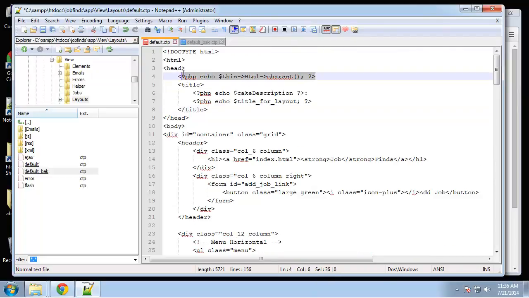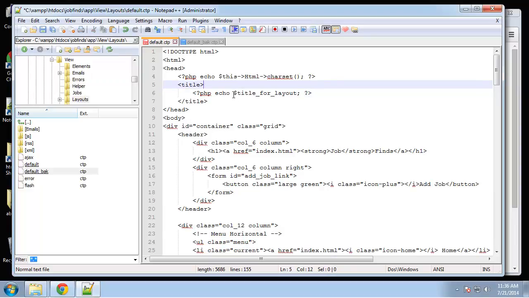And basically this is just giving us our character set, a special way that we can use the HTML helper to do that. Here is our title. Now I don't want the cake description, so I'm going to get rid of that. And now we have this variable called title for layout, and this is going to allow us to set our title from within the controller, so we can have dynamic page